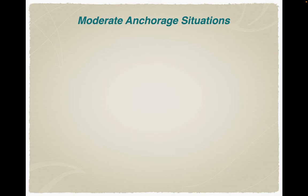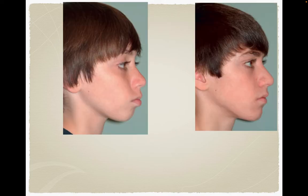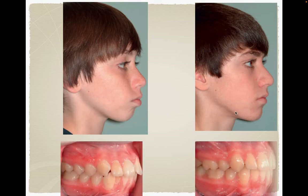So when we decide to treat the patient with a bimaxillary protrusion, the management should depend on how much I need to retract these incisors to achieve good aesthetic results. Meaning, for example, for this patient here, if you reinforce anchorage and you over retract the incisors, the patient will have a dished in profile. So you need to measure exactly how much you need to retract the incisors, and that will be set up